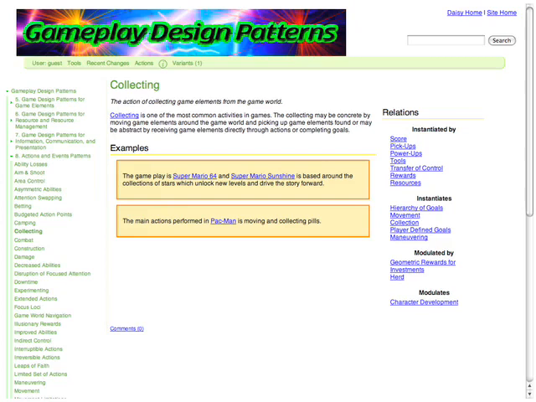How would you go about using this in practice? Well, the first thing you would do is you would go to those design decisions you made at the beginning and say, okay, what games does my game most resemble? And you'd find those games in the list of games on the website. And then you would look at the design patterns associated with those games.